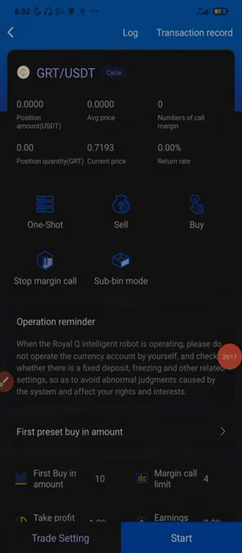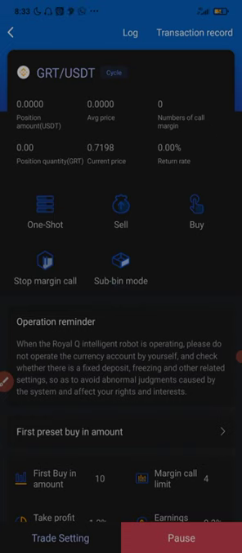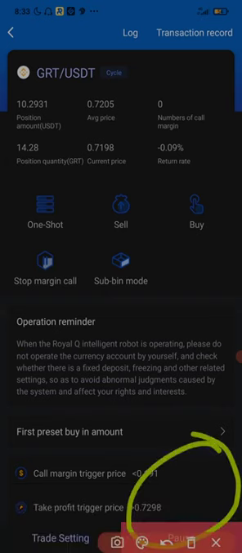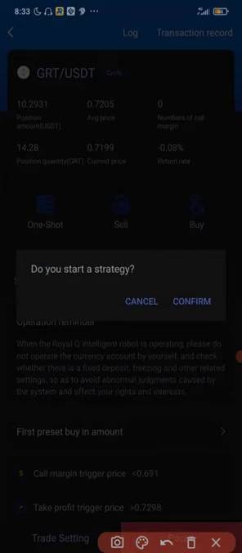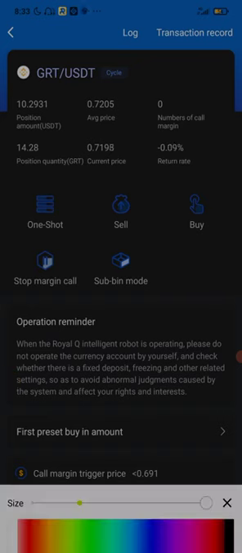So once you click on start, it will ask you, do you want to start the strategy? Yes, you click confirm because we've already set up our strategy. So I'm going to click confirm. So I just clicked on confirm now. As you can see, the start button changed to pause. So now this shows that we've actually started the trade. We can decide to pause this trade at any time, and you can see these are our positions,